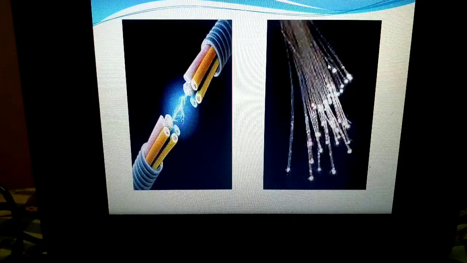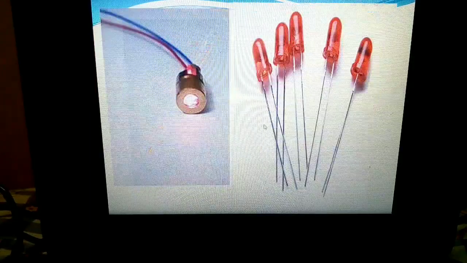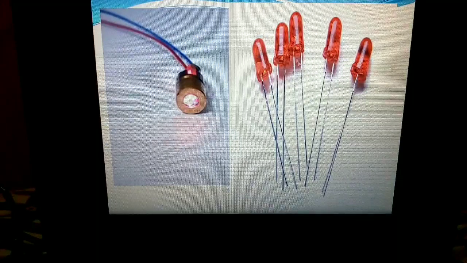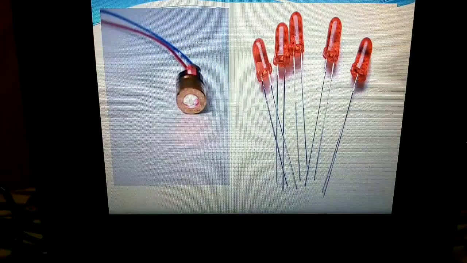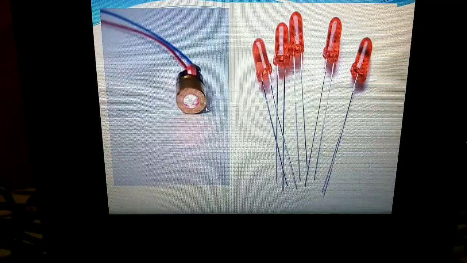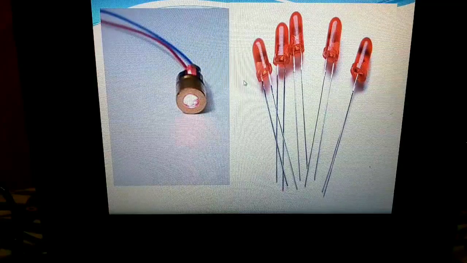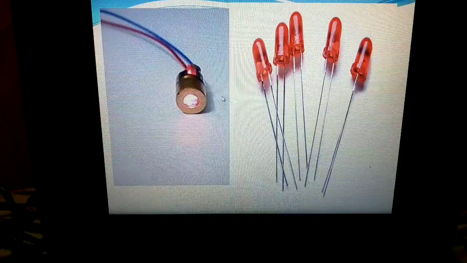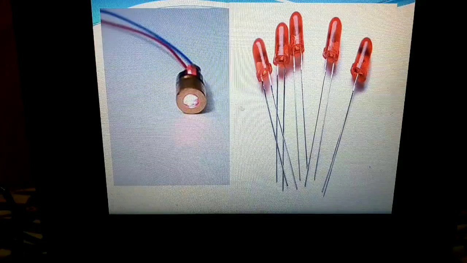So fiber optics consists of thin strands of a glass-like material which carry your data from the source at one end of the fiber to the detector at the other end. Now, from where exactly are we extracting this light in order to convert your data? That is by using LEDs and laser diodes. These are the LEDs, light emitting diodes, and the other one is the laser diodes. By using these two, we are extracting the source of the light, and then your data is converted in the form of light.